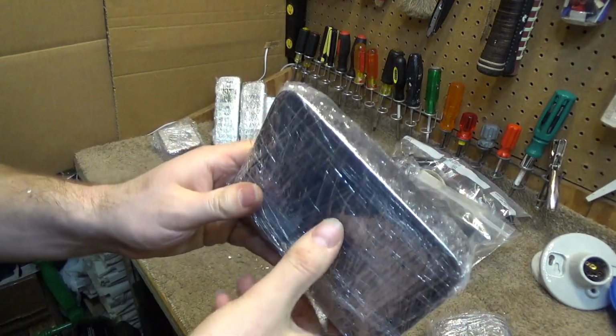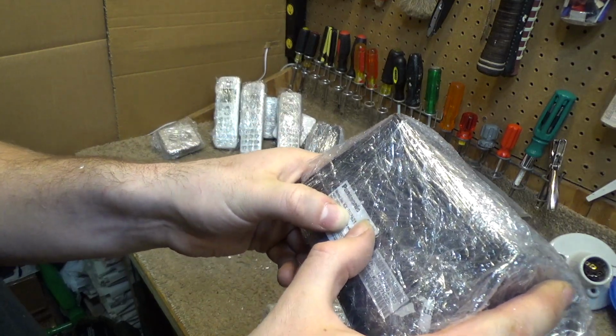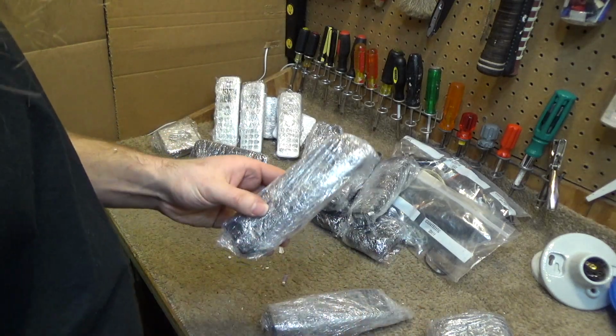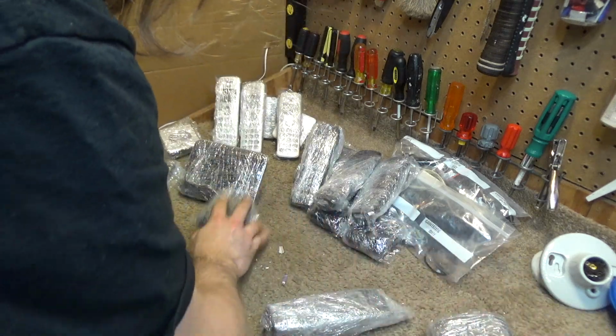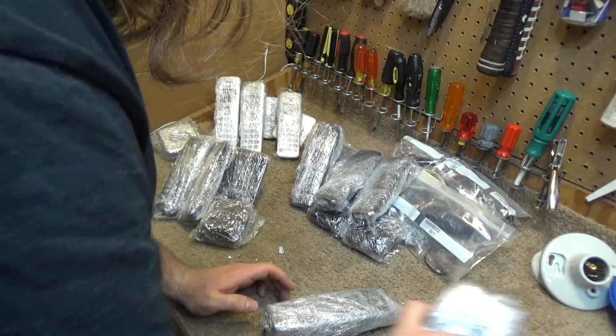This is another model I happen to like. This is an older model. It's KXTG7621. And that takes these handsets. Not sure about these cradles, I think that cradle definitely goes with that, so that's complete. And then we have